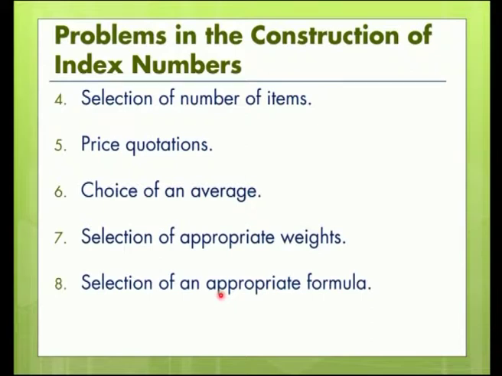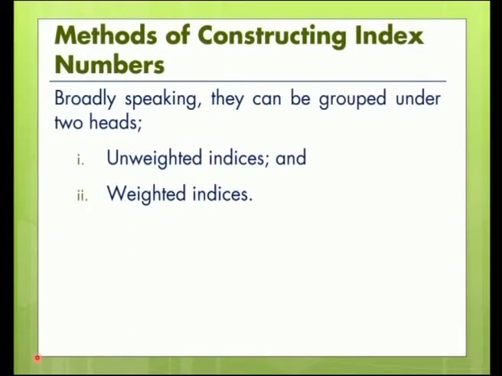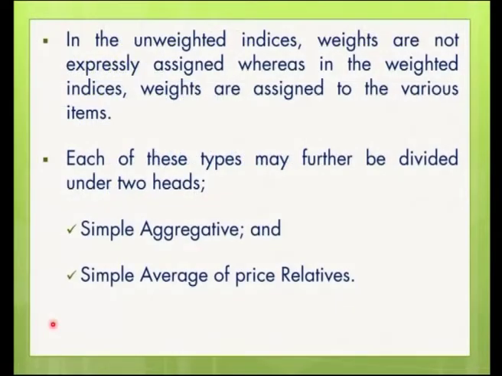Okay. These are the limitations of index numbers. Next, methods of constructing index numbers. Broadly speaking, they can be grouped into two heads: unweighted index numbers and weighted index numbers. In the unweighted index numbers, weights are not expressly assigned, whereas in the weighted index, weights are assigned to the